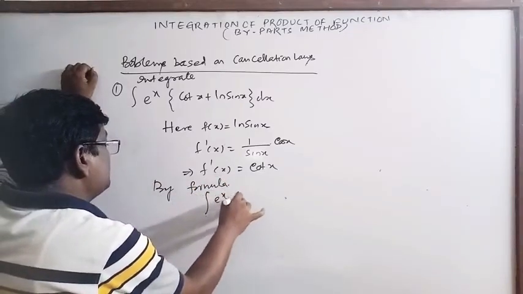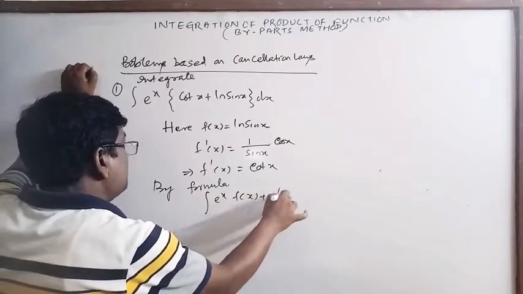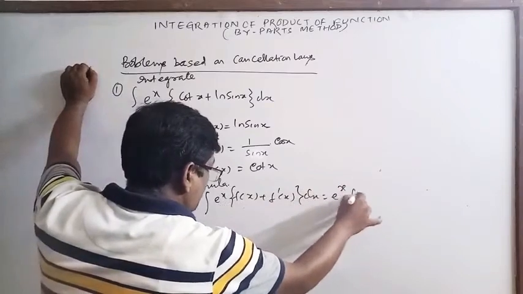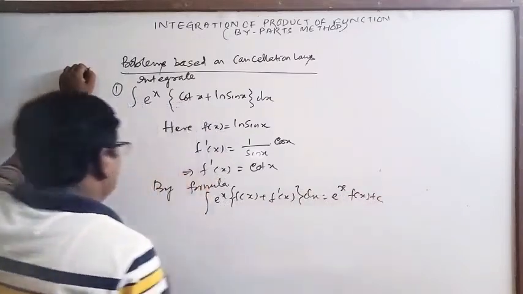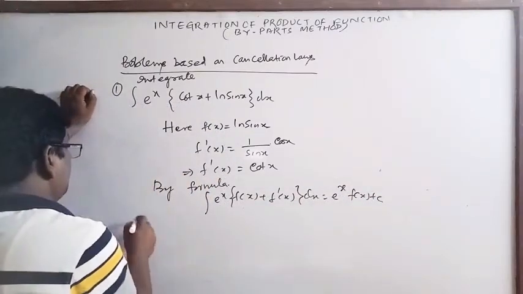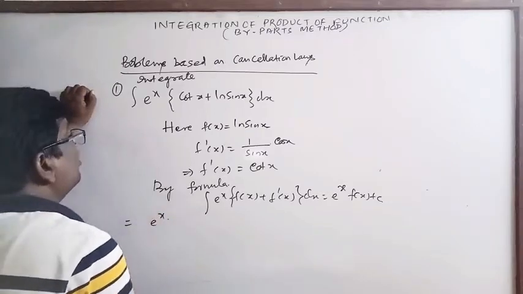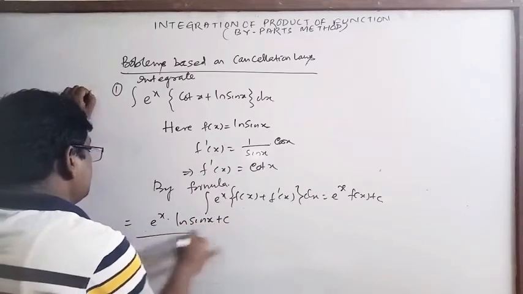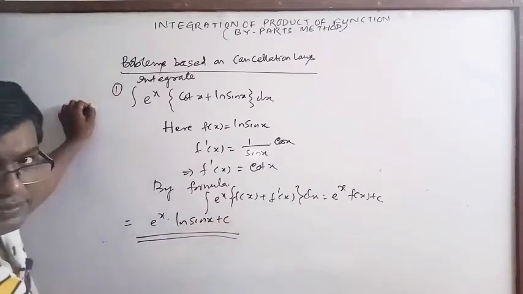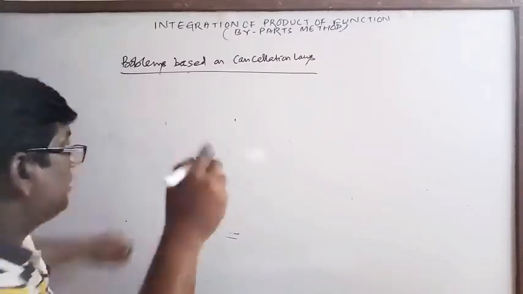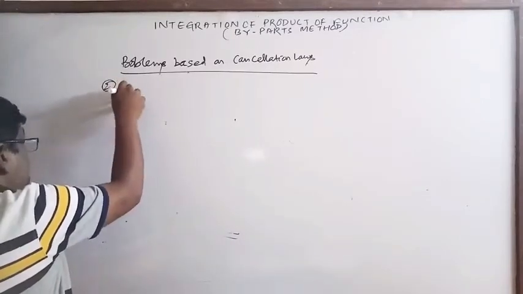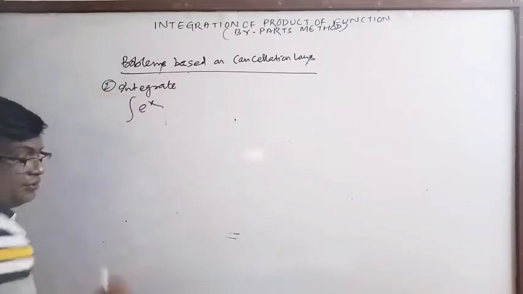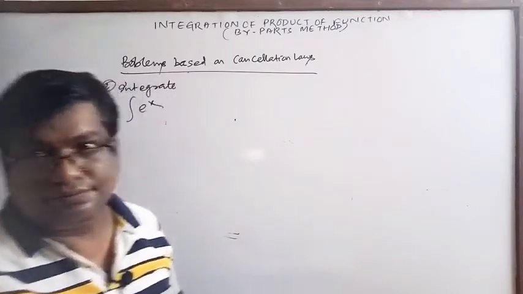integration of e to the x, f of x plus f dash x, into dx is equal to e to the x into f of x plus c. So according to this, this is equal to e to the x, f of x means log sin x, plus c. This is the answer. Now another question, integrate e to the x,